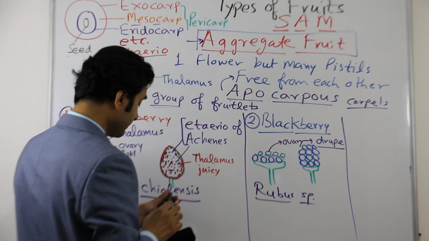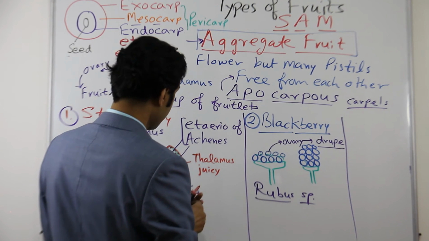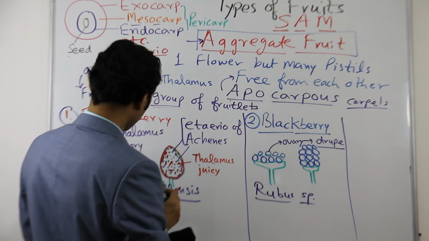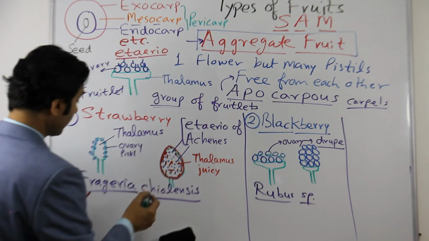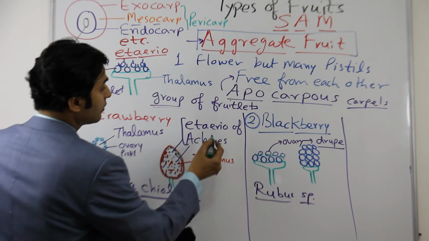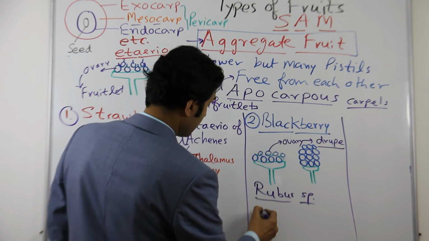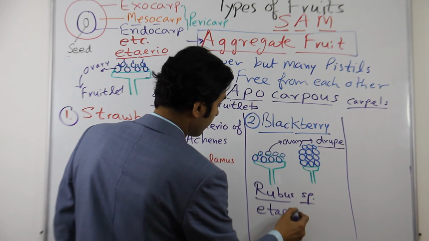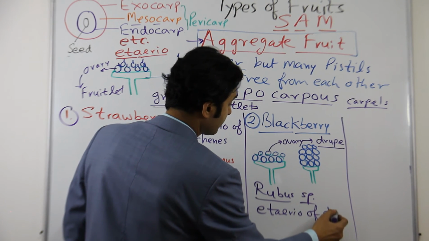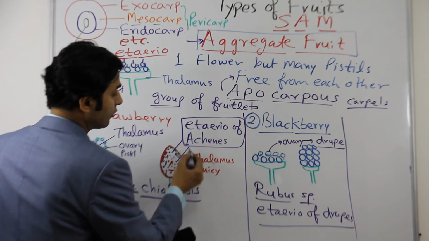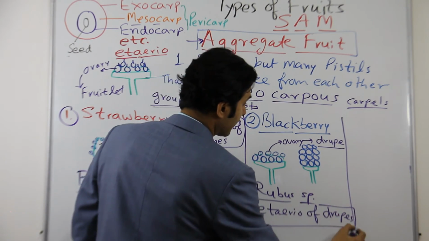And number third is, so this is Etaerio of achenes, and this one is Etaerio of drupes. So we have seen Etaerio of drupes, we have seen Etaerio of achenes. Number third is,